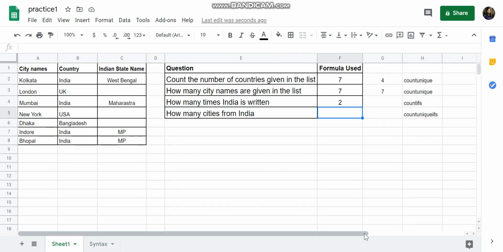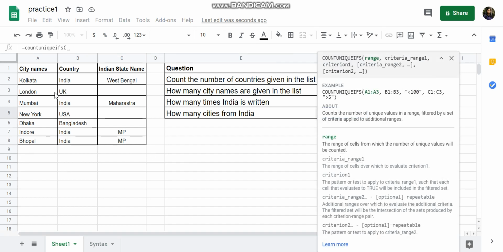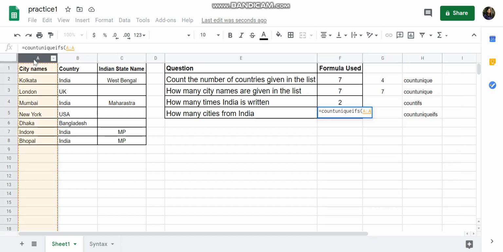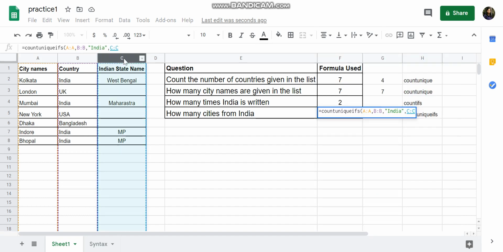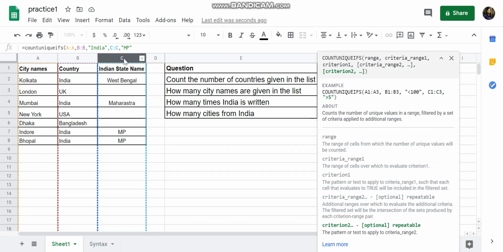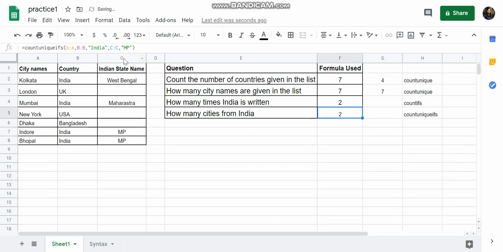So let's apply this formula. COUNTUNIQUEIFS, what does this mean? Count unique values in this column when this is equal to India, and say this one is equal to MP, enter, right?